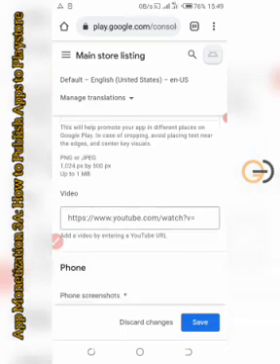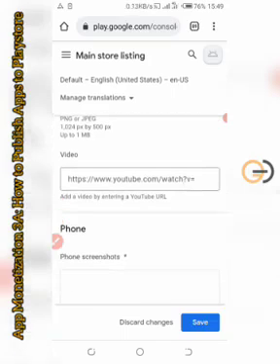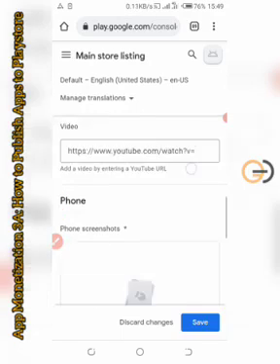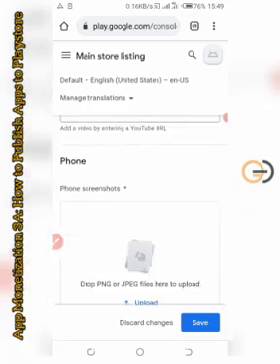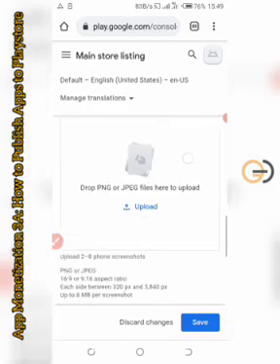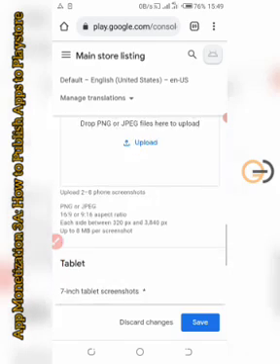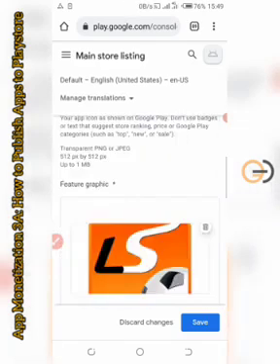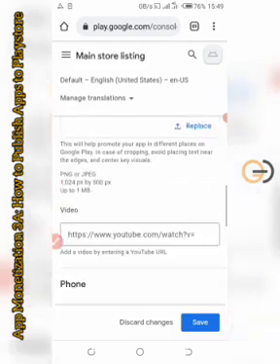So video. Now, if you go to Google Play Store, you discover that some apps show a video on how the app works. If you have any video from YouTube, just type the YouTube URL here so that people can click it and watch the video. But if you don't have a video, you can just go to screenshots. You can choose phone screenshot or tablet screenshot, but I'm going to be using the phone screenshots. So I don't need to